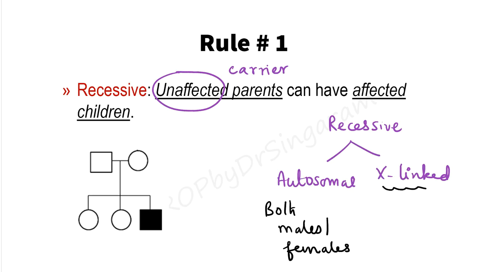What about X-linked recessive pedigree? Where is the X-linked recessive pedigree going to manifest? You might have already studied that. What is that? Only in males, because females have two X chromosomes, is it not? So if there is a problem in X-linked recessive pedigree, it is going to express only in males. So with this, you can very easily categorize a recessive pedigree into autosomal recessive or X-linked recessive pedigree. I hope that this rule is very clear.